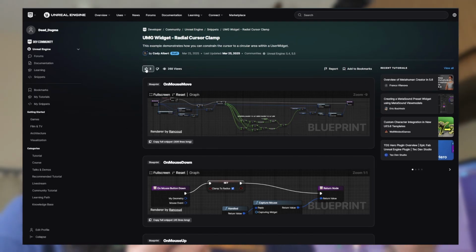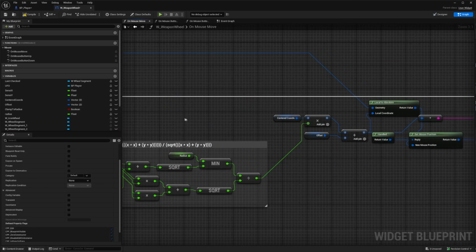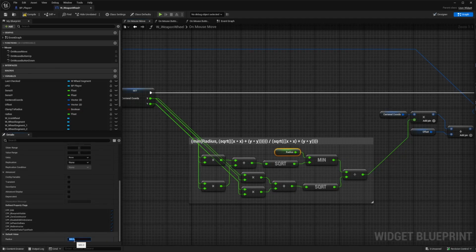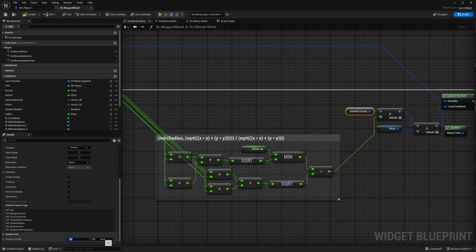And he actually made this article with the actual snippets of getting this to work and restricting the actual cursor in a radius, and you could actually pinpoint where its location start is, how big the radius is, and it actually works. You know, you'll get restricted. You can't move the actual cursor outside of that clamped area,